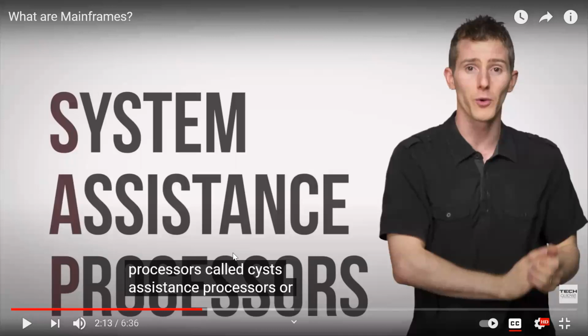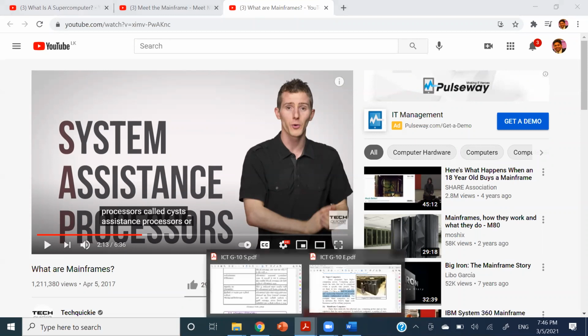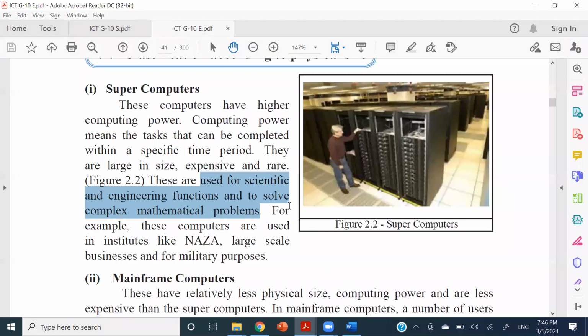Yeah, so these are some technical things. We are not going to talk about that in detail. So the only thing I need you to show is how the mainframes look, and what the things are that we do with those kinds of computers, right? So let's get back to our notes, right?